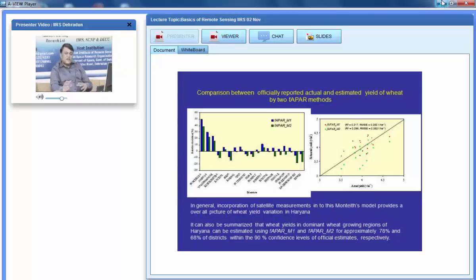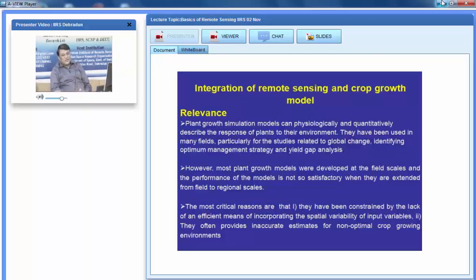Now, fourth is the integration of remote sensing and crop growth models. Crop growth models are simulation models. They are simply an inbuilt program that simulates the behavior of a plant in response to environment and management conditions. In another way, you can put it like they are the mathematical representation of principles and processes governing the behavior and performance